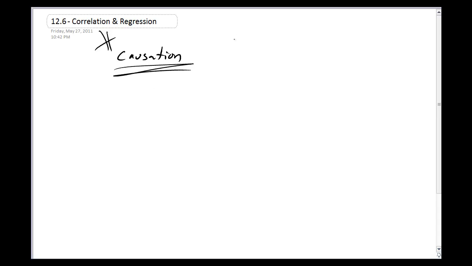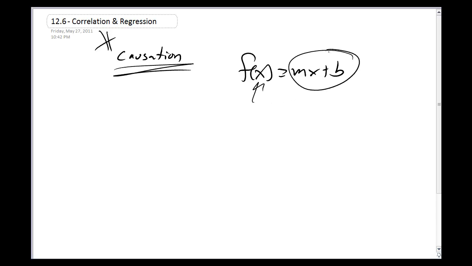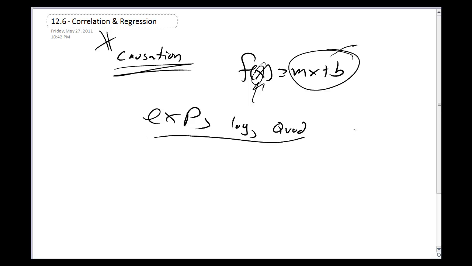So let's talk about some relationships. We've already talked about one relationship, and it was the function relationship. Here's one function example. You had a particular input, and that gave you an output. And we had the independent variable and the dependent variable, so I'm building off of that. There's also exponential. I mean, we have all sorts of functions. We had exponential functions, logarithmic functions. We even had the quadratic functions. These are all sorts of functions. They all had different graphs.